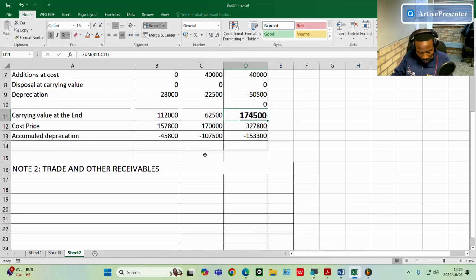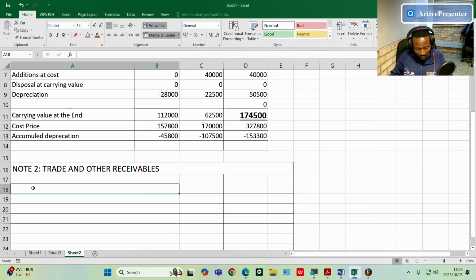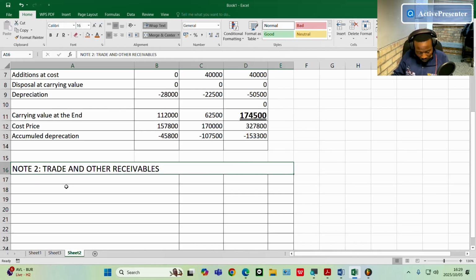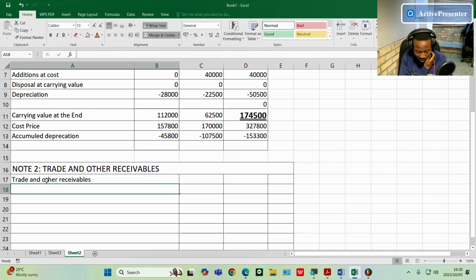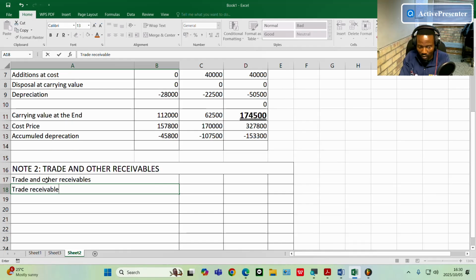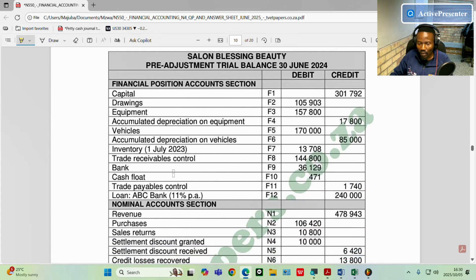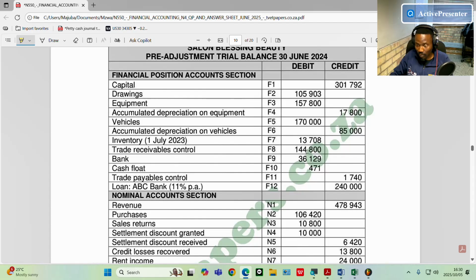Now we are moving to trade and other receivables. All right. So there we are going to have to start with trade receivables control. Okay, so how do we get that? Basically, you take your trade receivables as it is from your trial balance, which is 144,800,